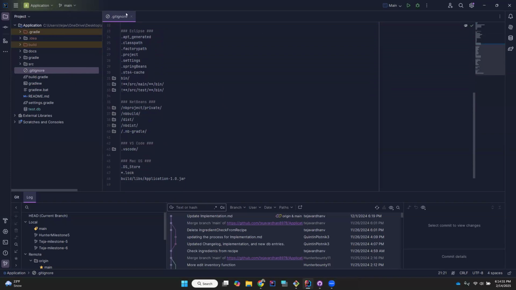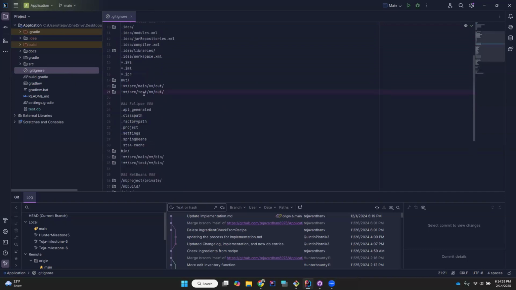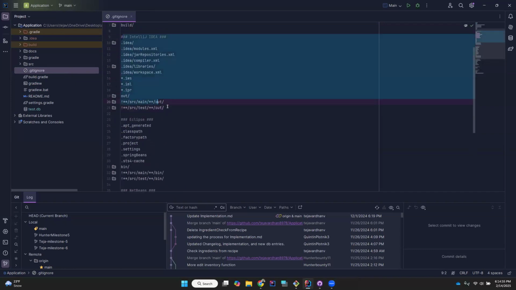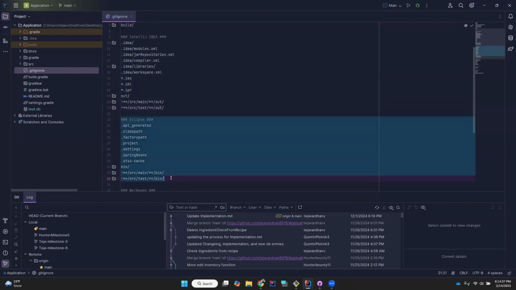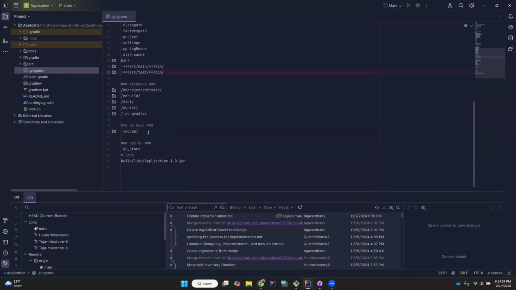Also to ignore the IDE. Yep. See, the IDE files, like this is for IntelliJ, Eclipse. This is for NetBeans, VS Code, even for Mac. Mac will also create these specific files.